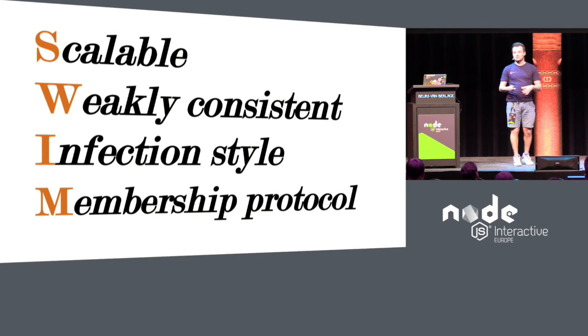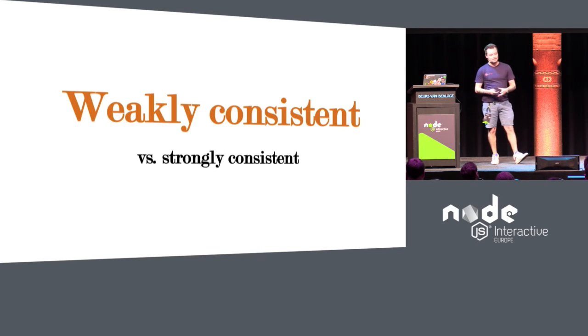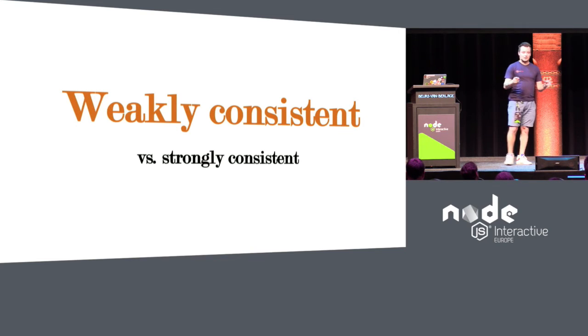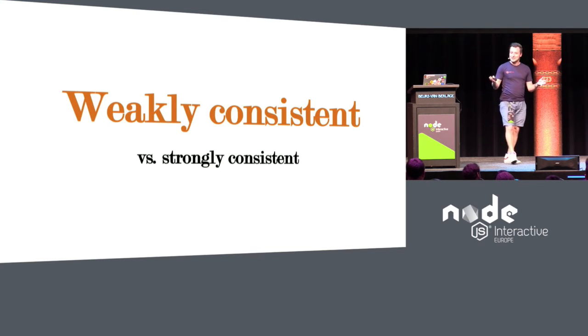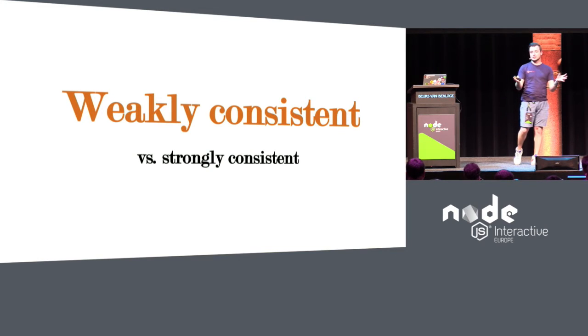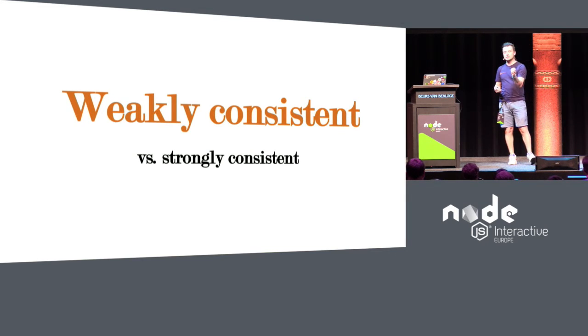Now I'm going to explain to you what these letters really mean in practice. So, weakly consistent. The world is weakly consistent. I always give this example to everybody. How many of you have a bank account? I hope everybody. Okay. How many of you are receiving and making payments regularly? I hope everybody. Okay, good. So banks, which are regulating your transactions, are weakly consistent. They're not strongly consistent. So in the moment that you make a transaction in your bank,